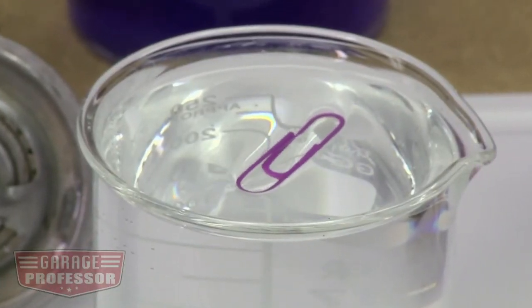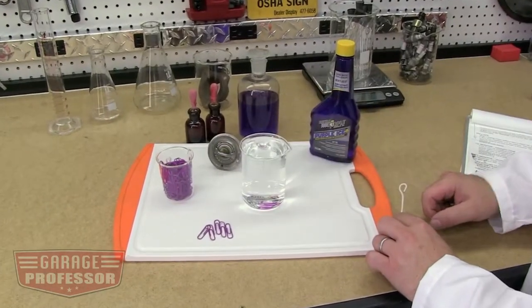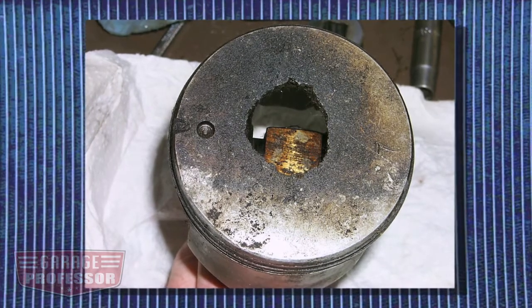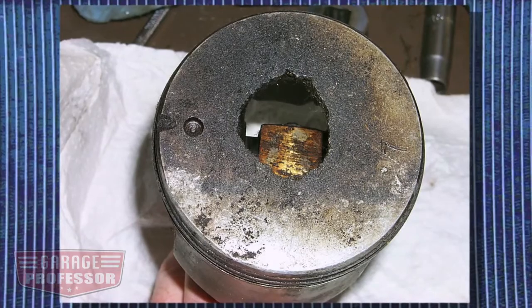For water to efficiently cool your engine, it must be in a liquid state around these internal surfaces. Due to the heat, poor flow, or air pockets in your water jacket, you often get bubbling and steam as shown here. As soon as these tiny bubbles start to form due to heat or internal air pockets, your cooling system is compromised. This can cause detonation and other potential combustion issues due to dreaded hot spots and increased operating